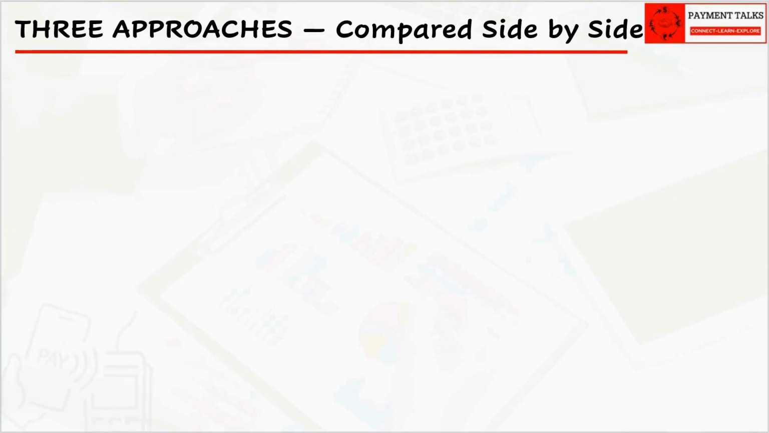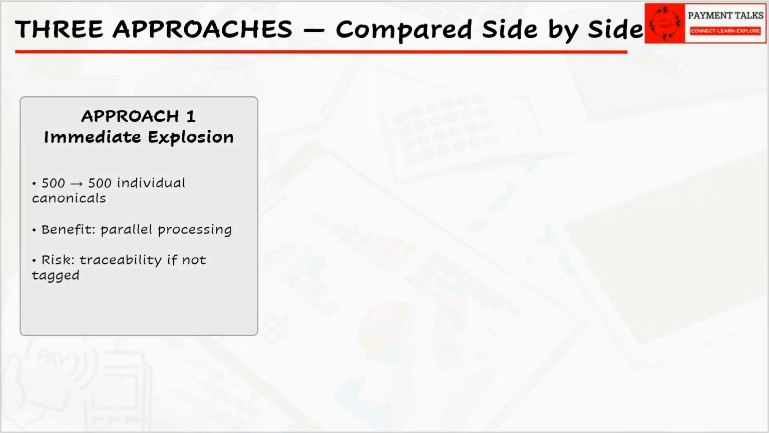There are three approaches. Approach 1 is immediate explosion. Receive 500 payments, decompose into 500 individual canonical instructions. Each has its own independent life cycle. One payment failing does not affect any other. The risk? If you do not tag each canonical with batch metadata, you lose the connection back to the source